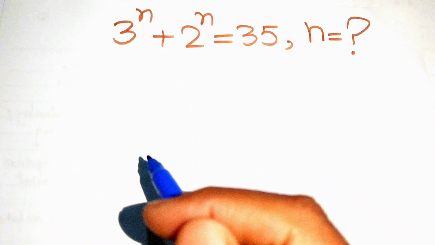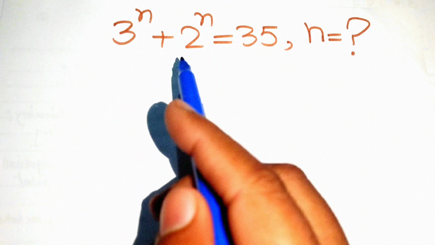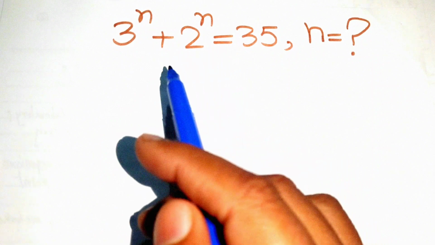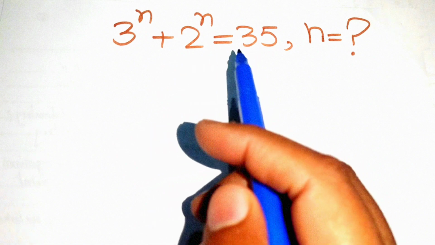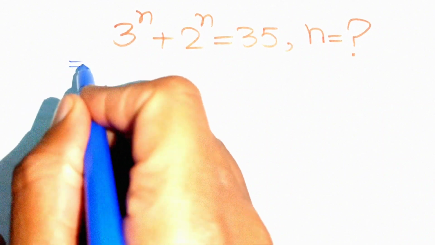In this video we are going to solve this nice math Olympiad algebra problem, and here we have 3 to the power of n plus 2 to the power of n equals 35, and we solve this problem for the values of n. So the very first thing we are going to do is rewrite this